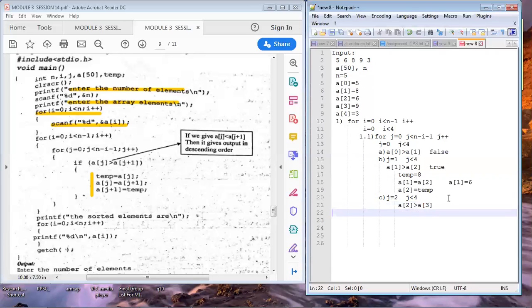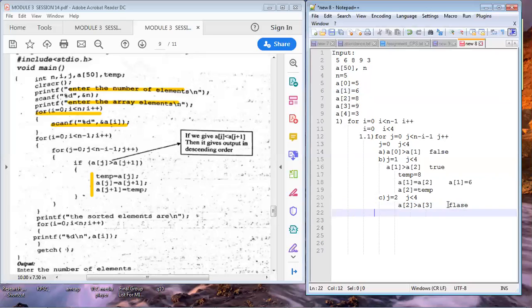Is A of 2 greater than A of 3? What is the new value of A of 2? A of 2 new value is 8, because in the previous step we swapped both the elements 6 and 8. Now A of 2 is greater than A of 3. Whether 8 is greater than 9? No, the condition is false because it is not greater.